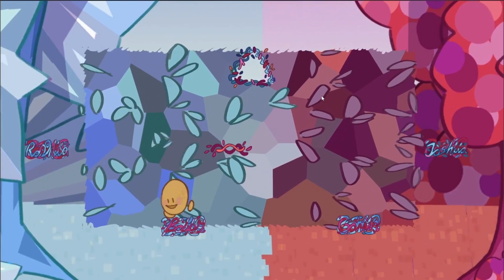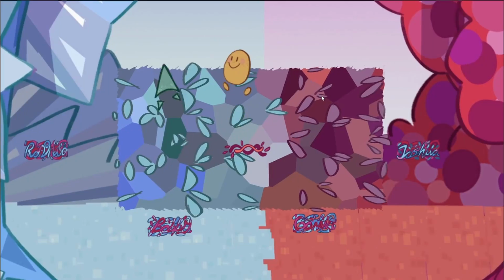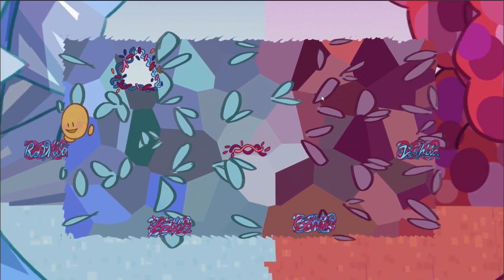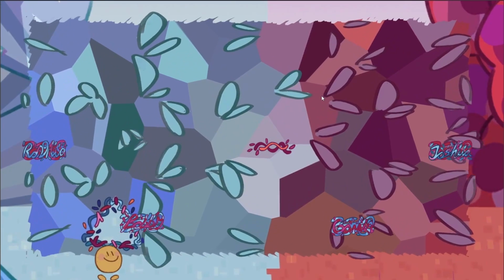Let me go through that bush there. Let me try not to get stuck. I had some plans for some other mini games, but three mini games was a lot to do in a short amount of time. But I think they turned out pretty well.